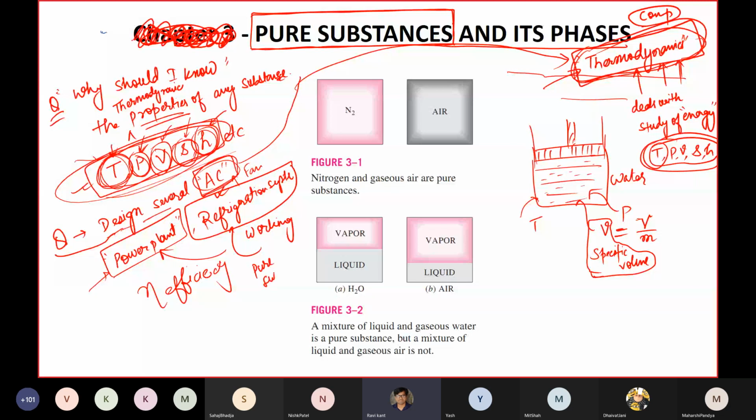So this is not pure substance in the literal sense, but pure substance in the thermodynamic sense. In thermodynamics, pure substances are substances whose chemical compositions are homogeneous. That's all. The substance whose chemical composition is homogeneous throughout, I'll say that this substance is pure. Whenever I see some sort of inhomogeneity in the chemical composition, I'll say that this is